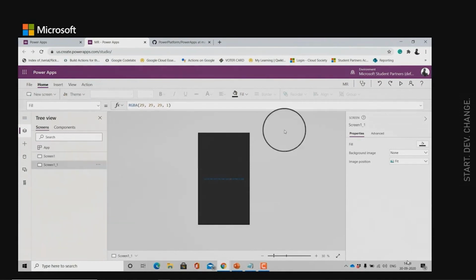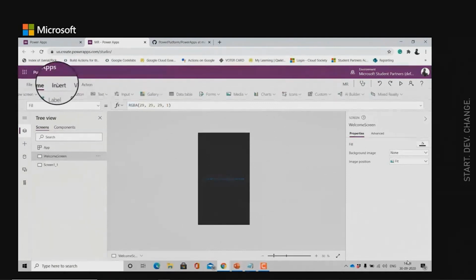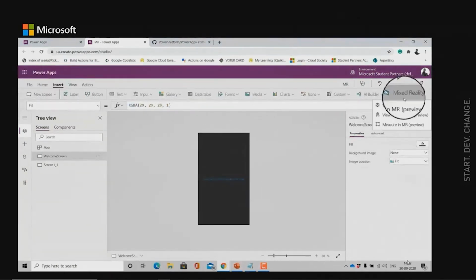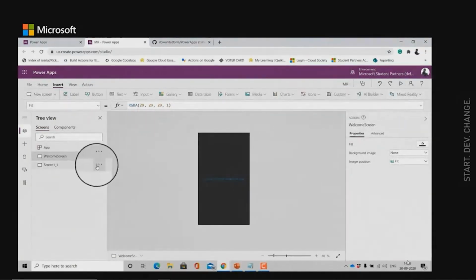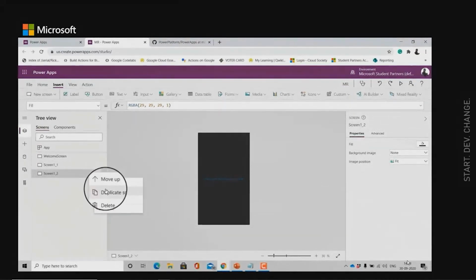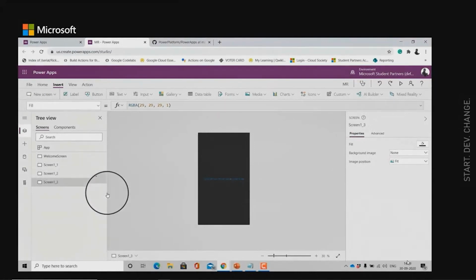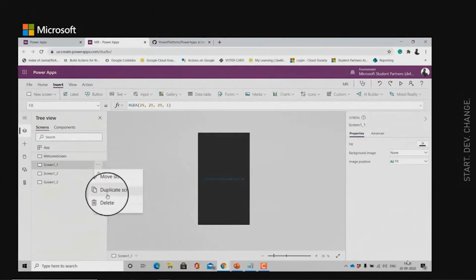In an app, we have a lot of screens, and in the demo, you have seen that I am viewing the MR, viewing the shape, measuring it in different screens. So we will be duplicating the screens or making different screens for our app to work. It's very conventional to keep a good name for it so that we can identify the screens and the tasks that we will be doing on that screen. The first screen is my welcome screen, and the other three screens are basically the functions that we will be performing with mixed reality. First is the view in MR, then we have the view shape in MR,